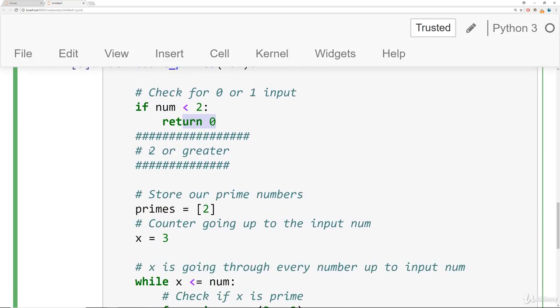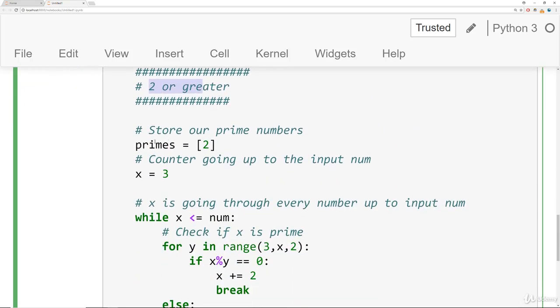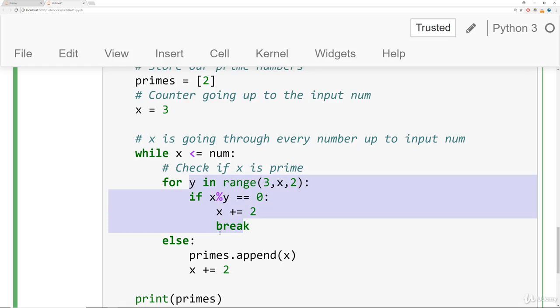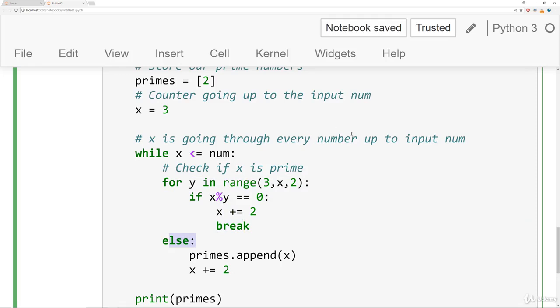Then, since I know I'm dealing with a number of 2 or greater, I'm going to start off my count of my prime numbers with the number 2 in there, so I can start off with 3. And the bonus of starting off with 3 means I can use a step size of 2, and that's indicated here from range 3 x 2, as well as when I'm adding 2 to my count of x, if I end up breaking out of one of these for loops or trigger that else statement, because then I'm skipping along all those even numbers, which is why we have plus equals 2 here, and why we're taking a step of range